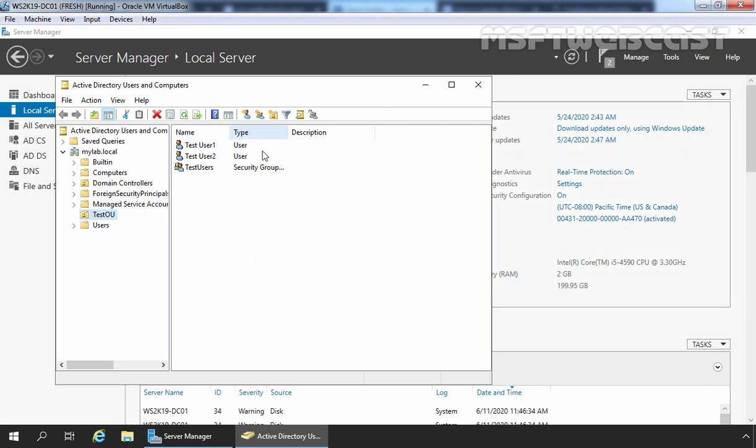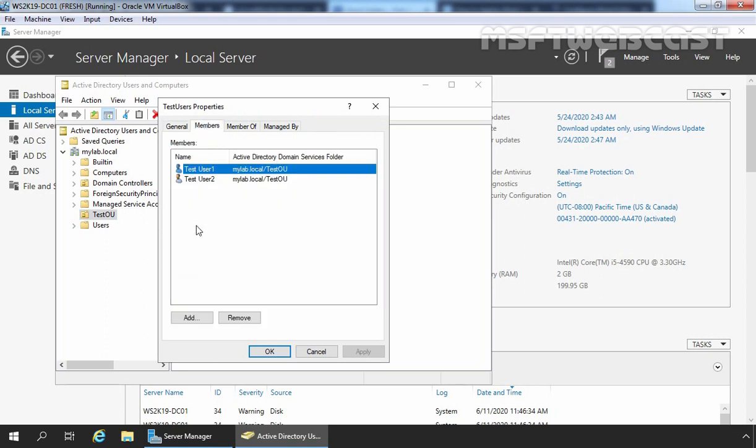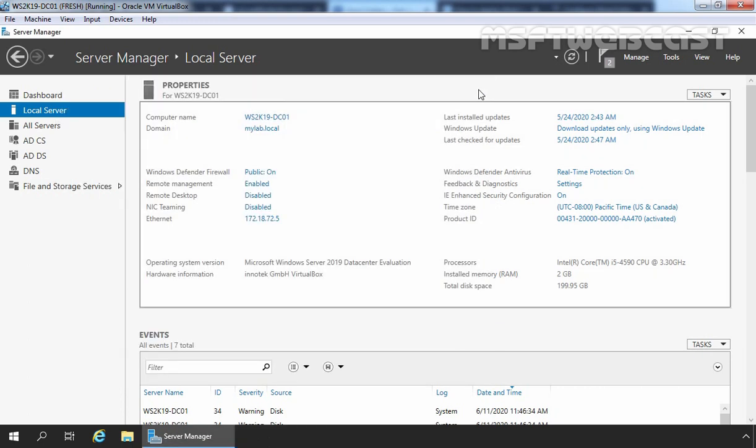Let's confirm that. Double click on TestUsers and click on the Members tab. As we can see, TestUser1 and TestUser2 are both listed as members of the security group TestUsers. Let's click OK. For testing purposes, we will be applying the Work Folders group policy settings to this OU only. Let's close Active Directory Users and Computers.